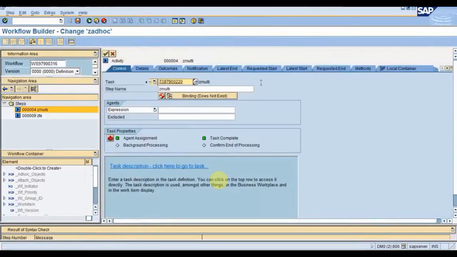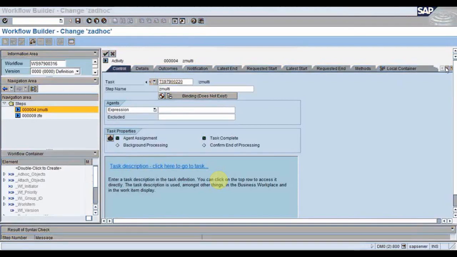But here, let me check whether this multi-line is working or not.